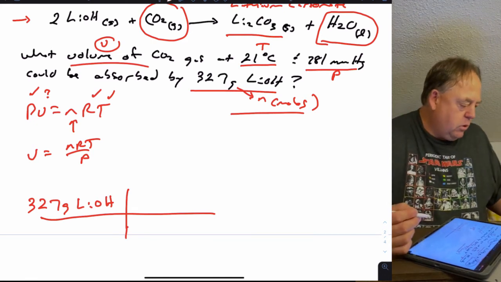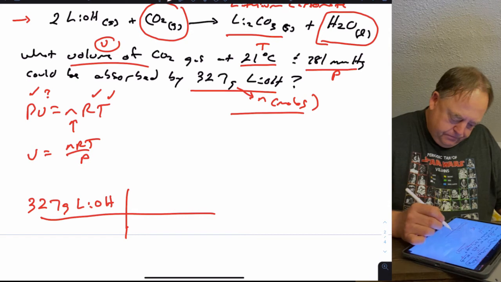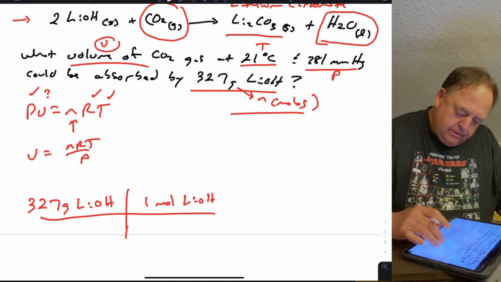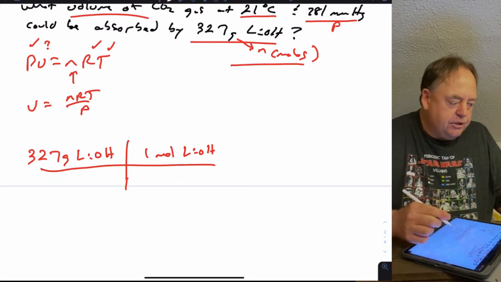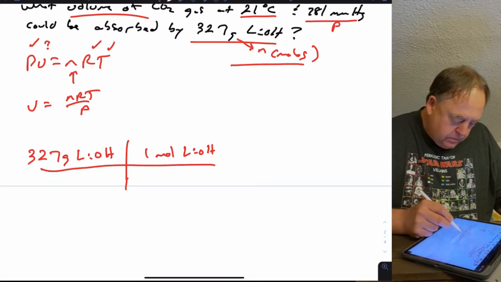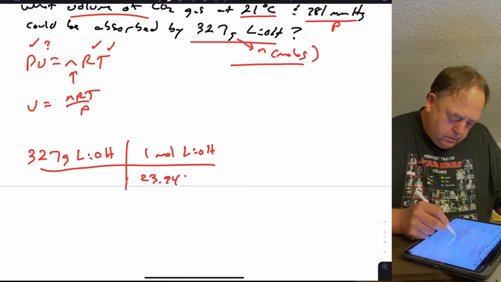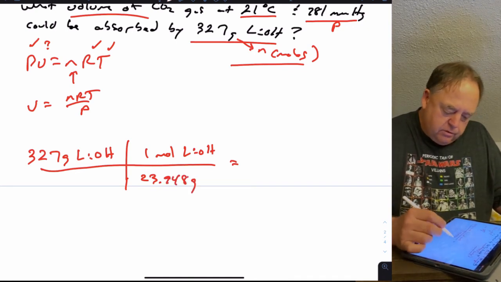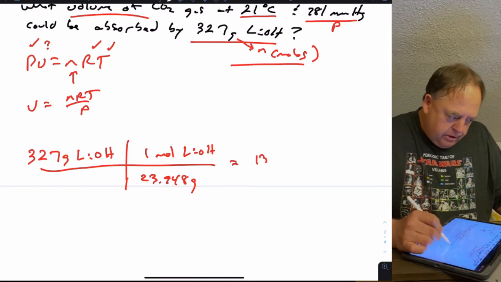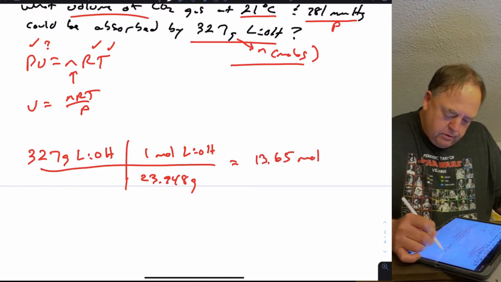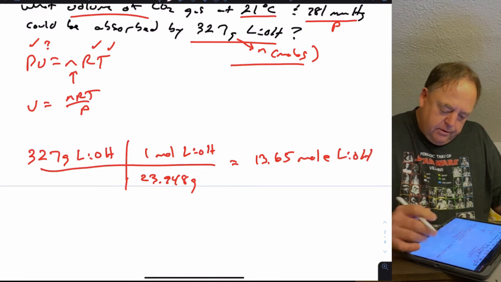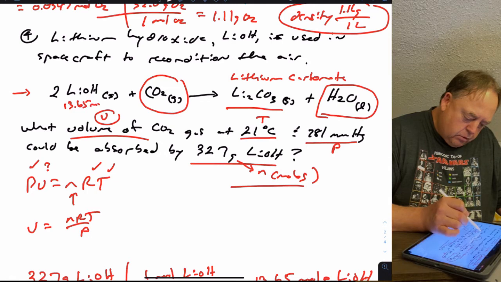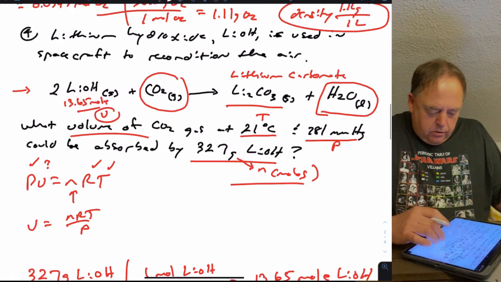You have to calculate the molar mass of lithium hydroxide. So 1 mole, so use your periodic table, right? Look up the molar mass of lithium, oxygen, and hydrogen and add them together. So you get 23.948 grams. So now we convert grams to moles. So that would be 13.65 moles of lithium hydroxide. So we have 13.65 moles of this. And now we can convert